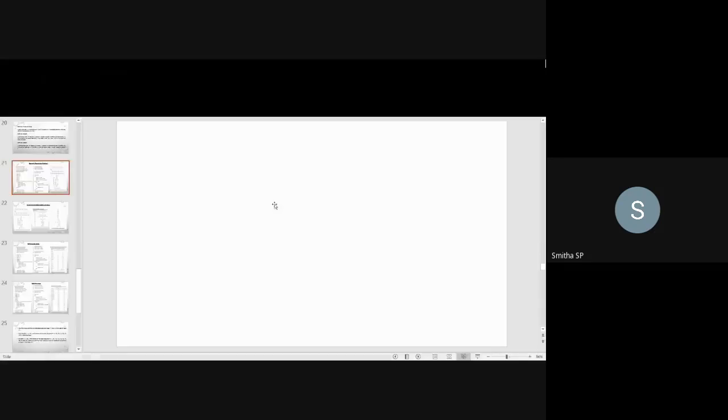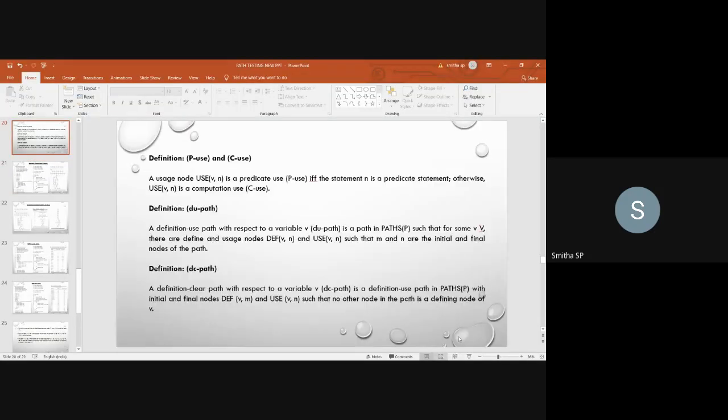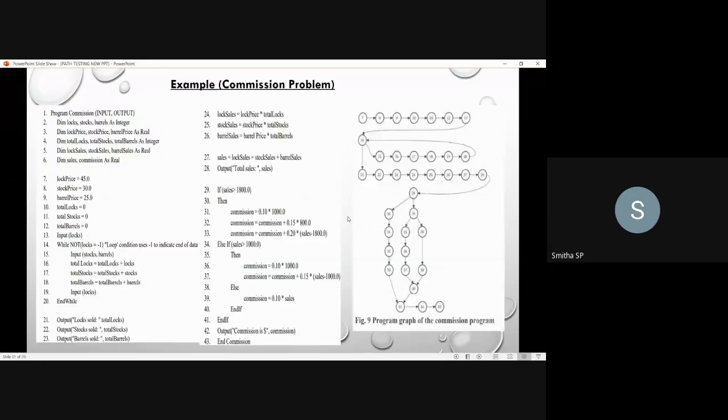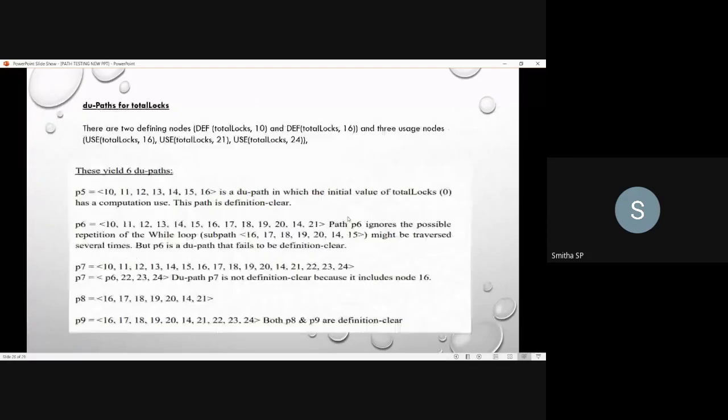Next is the DU path for commission. Here you have to write whether the definition is clear or not. For that you will be using the path's beginning and ending nodes.